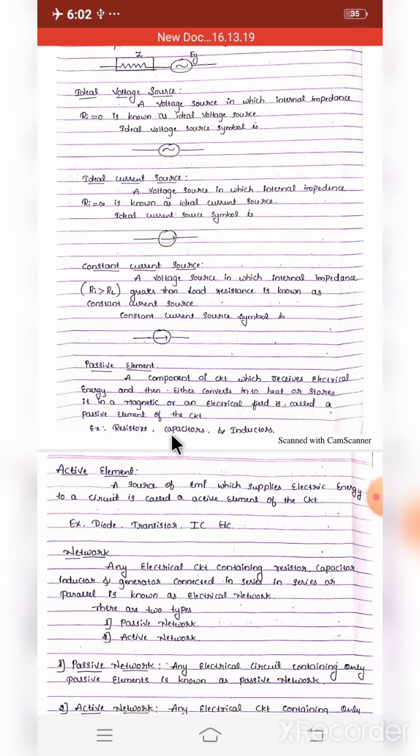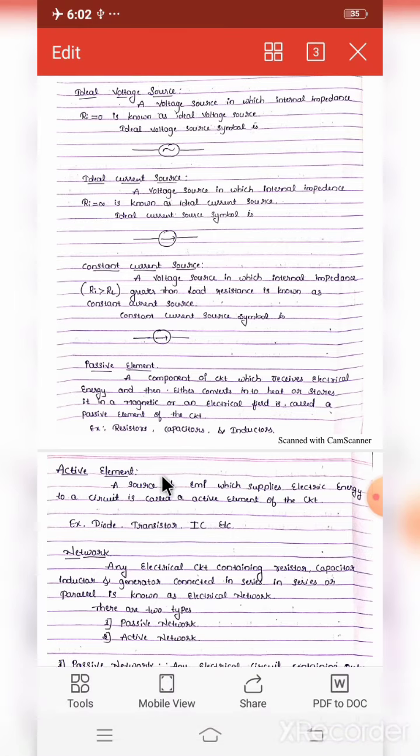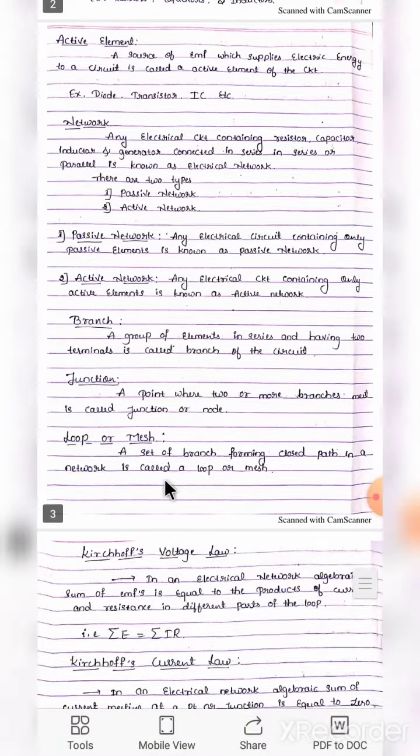Okay, these components convert electrical energy into heat or store it in a magnetic or an electrical field. This is about the passive element. Okay, next,